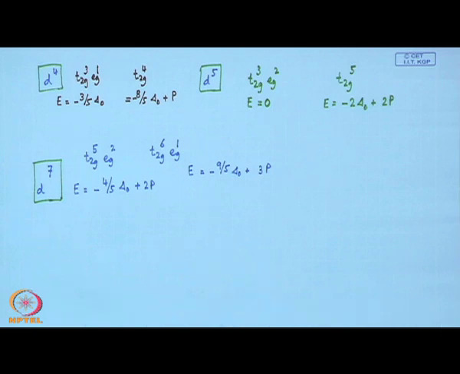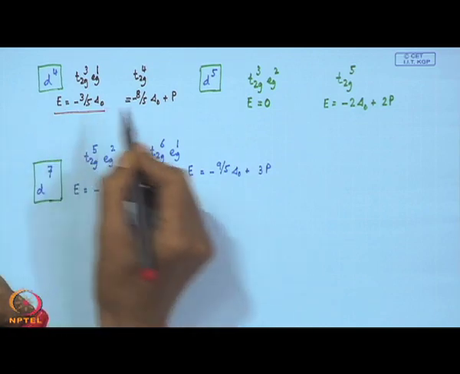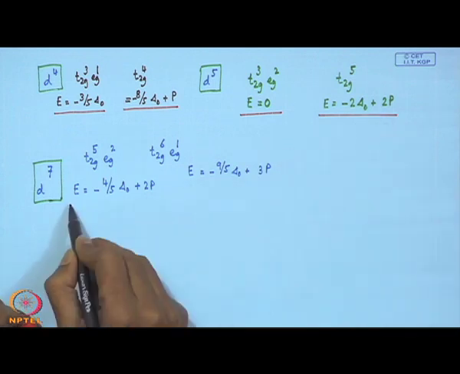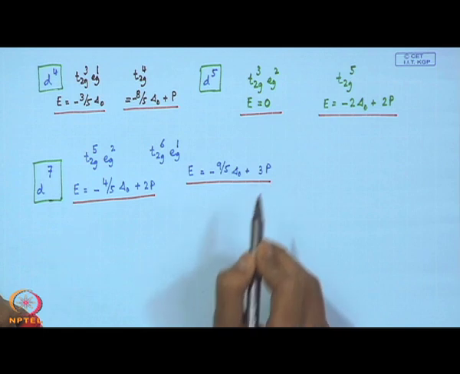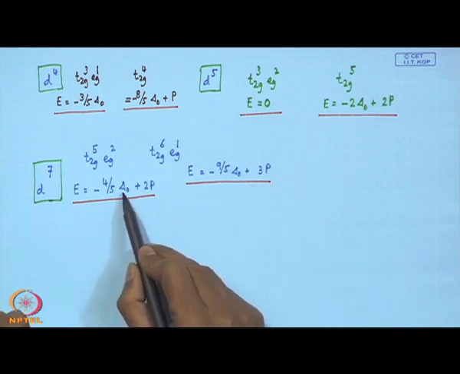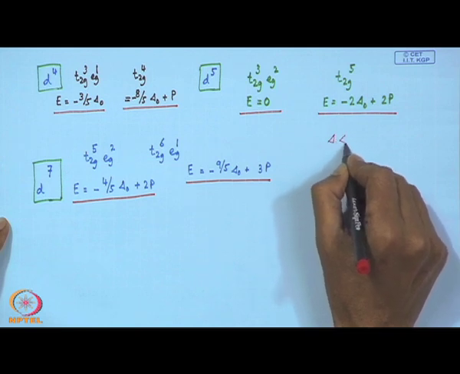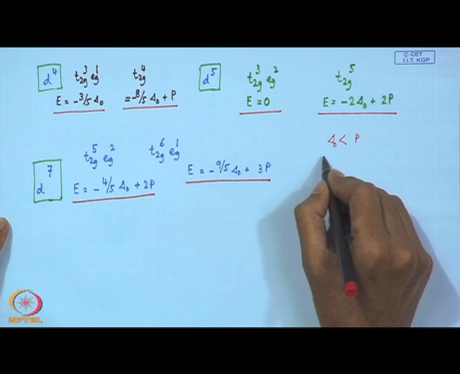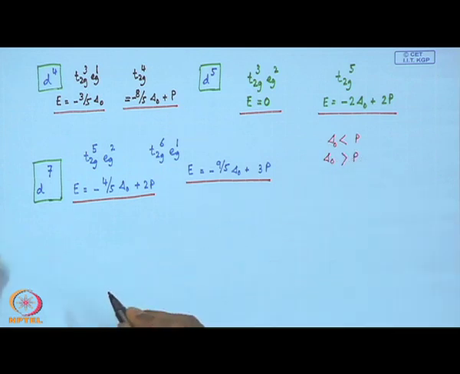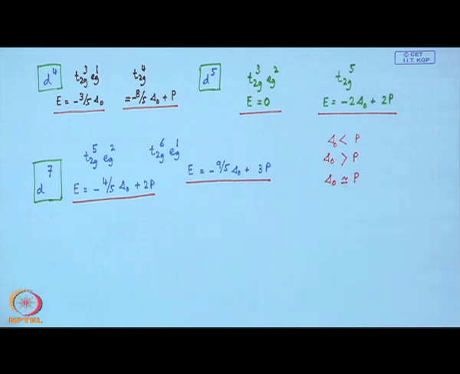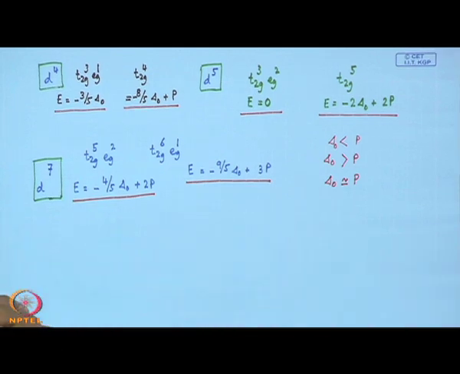So, these are the different energy values for the system, and for a particular type of complex we should compare the corresponding situation for high spin and low spin, and then we just compare the corresponding terms for these delta O and P values, because we know that we can have two situations: delta O is either less than P or delta O is greater than P. And in some cases we will also discuss when this is close to the P value, which is typically an equilibrium situation, which we will discuss shortly as the spin state equilibrium.